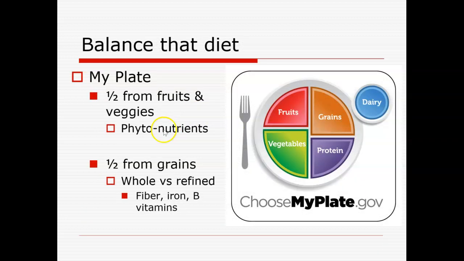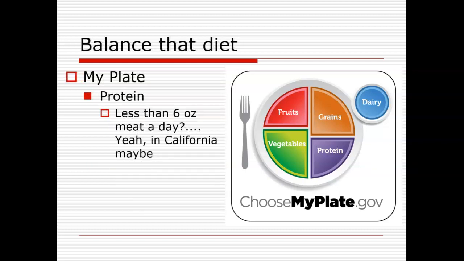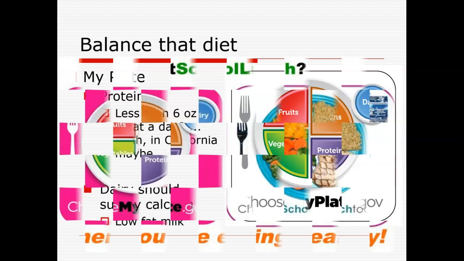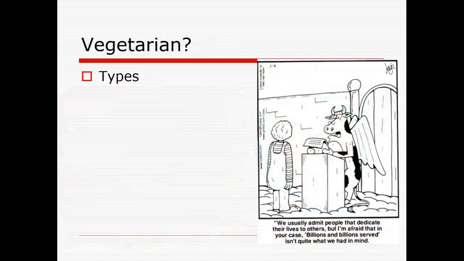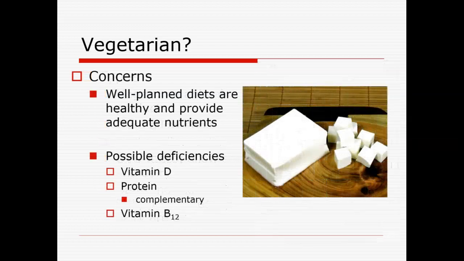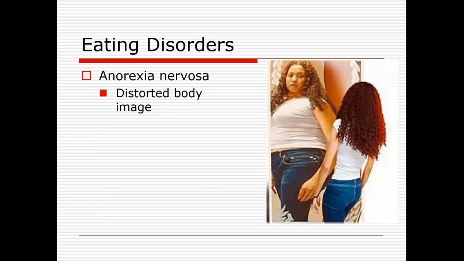You should look up the term phytonutrient. It's kind of a fancy term. You'll probably be unimpressed when you see what it is. But look it up, and I'll ask you when we get back to class next time. And then you have the rest of the My Plate stuff that's on there. That's pretty self-explanatory. You should have a kind of a concept of vegetarian types. We'll talk a little bit about those and some of the ramifications in our next class, and then the other, I can show you some other stuff, and then the eating disorder portion of this PowerPoint.